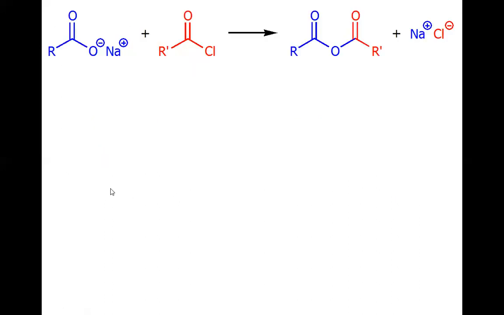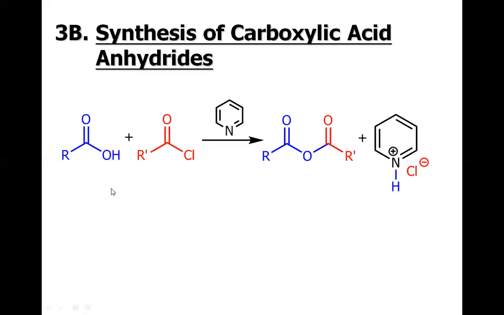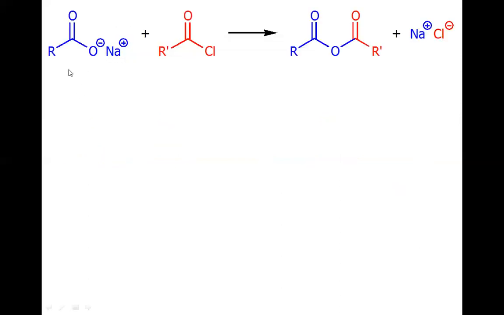So how did this occur? The first step must be the acid-base reaction because pyridine is basic in nature and this is a carboxylic acid. So this is the pyridinium ion formed and we have this carboxylate anion formed. And then this carboxylate anion may attack this carbonyl carbon, and after the departure of chlorine, we may have this mixed anhydride formed. And remember, this is not the only method to make the anhydride.